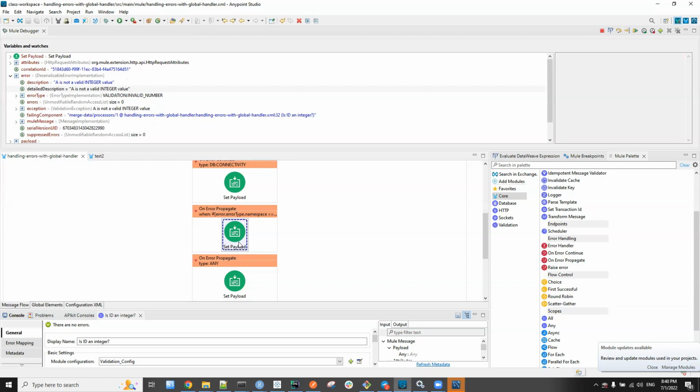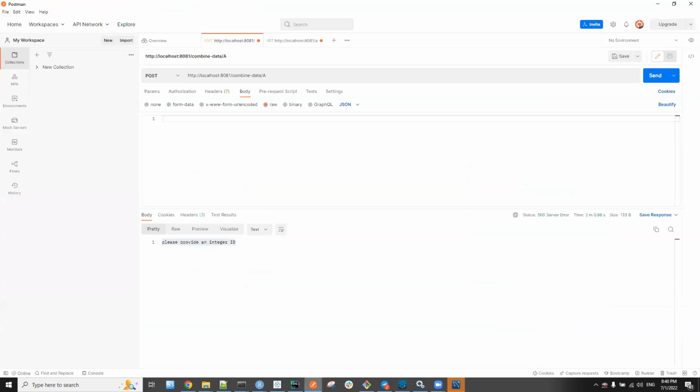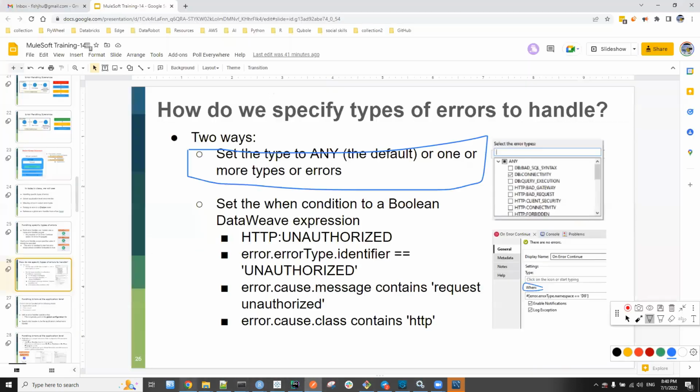The difference will be the status code. When it is on error continue, since it gets resolved, the status code will be 200, whereas on error propagate, it is still 500. So when I click next, the same thing we get here. Server error is the status code, and the body is please provide an ID. Okay, so please practice with that.